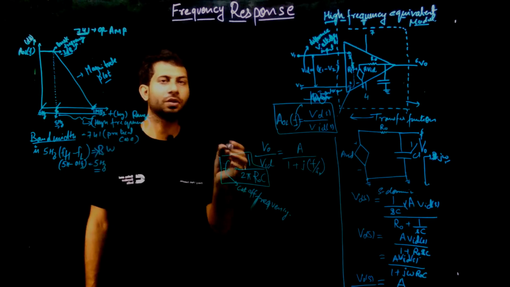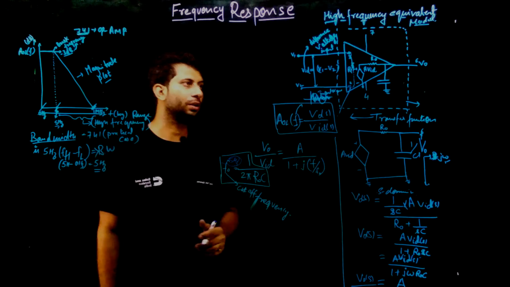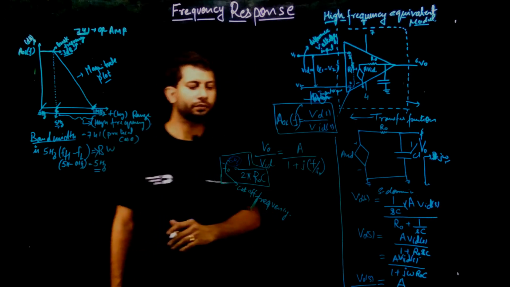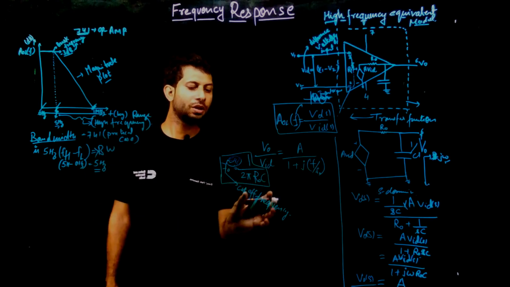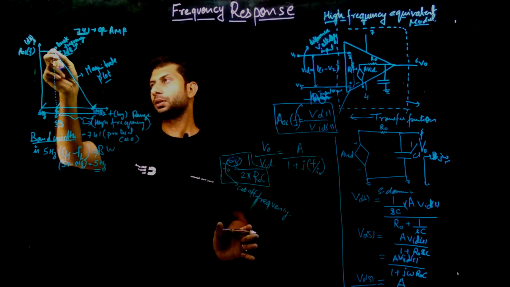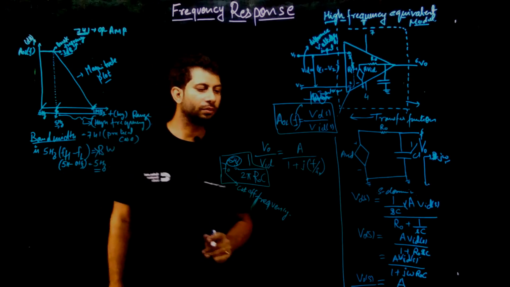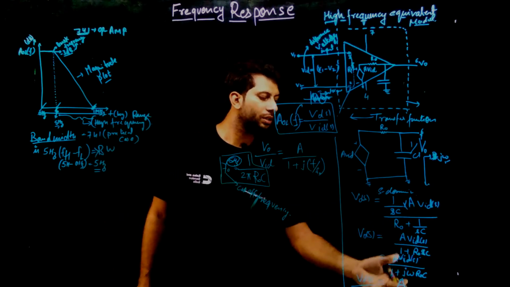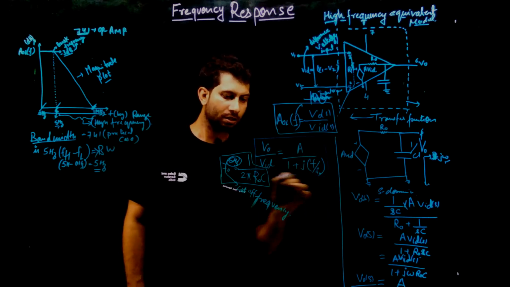And this cutoff frequency for 741 is 5 Hz only for the open loop case. That means if we are not connecting feedback to the system. This is also known as bandwidth. This is also known as cutoff frequency. This is also known as break frequency, after which this system gain is coming down. Okay. How and why does it come into picture? Because of this R0 and C.